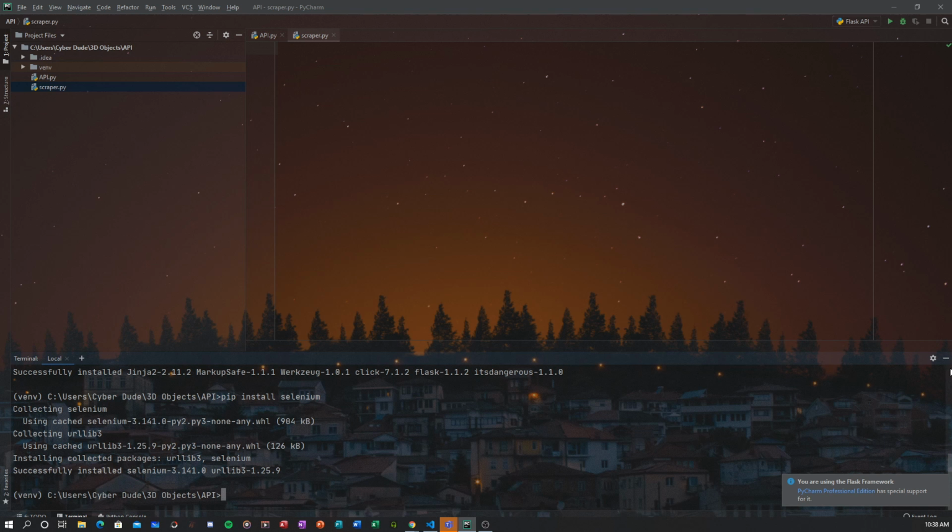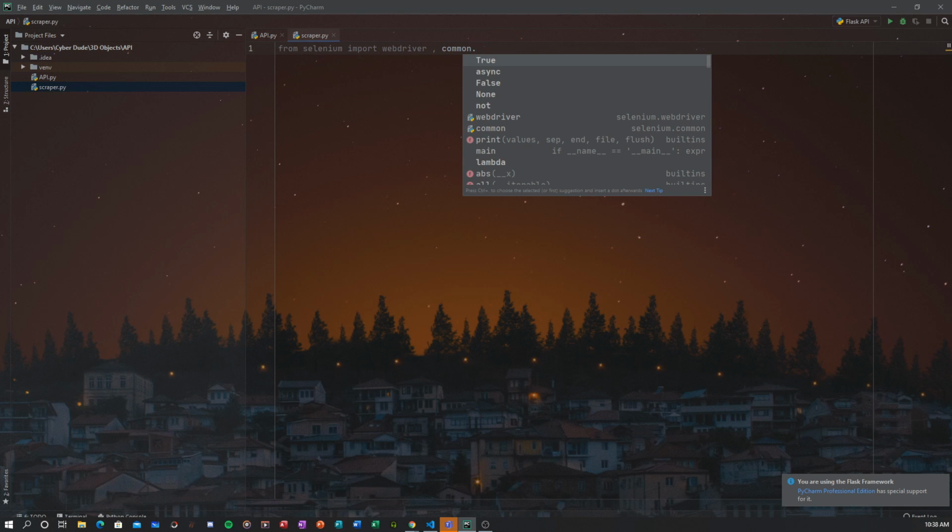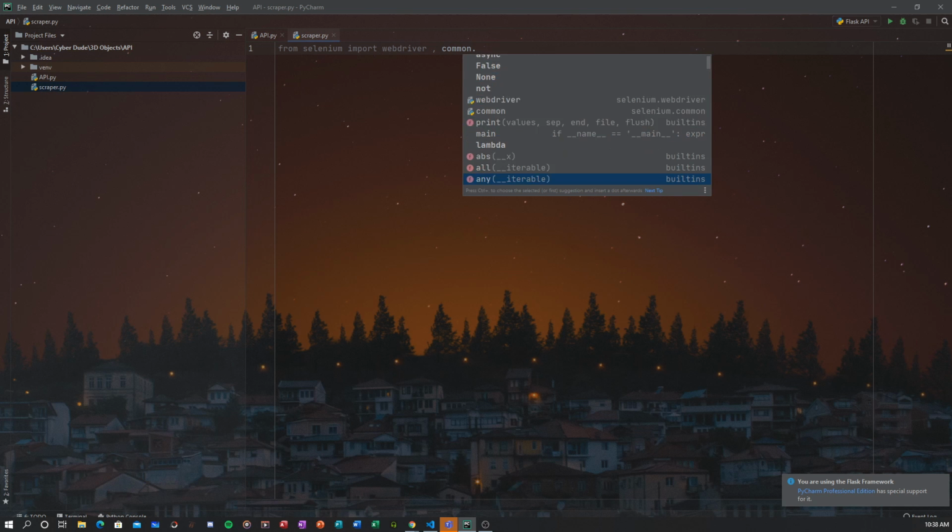Okay, now we have Selenium installed. So now we're just going to import whatever we need from Selenium. From Selenium we need to import WebDriver, and let me check, do we have the exceptions?